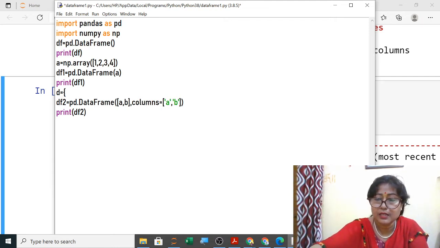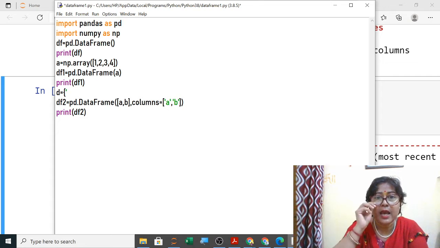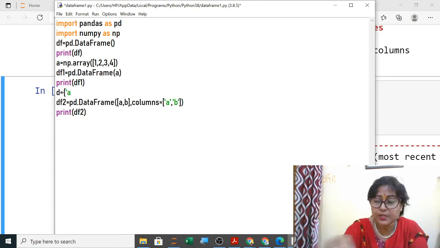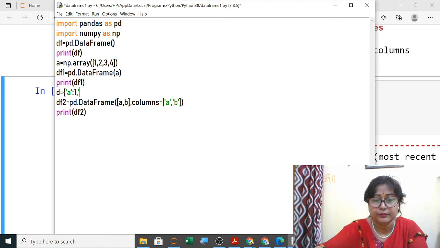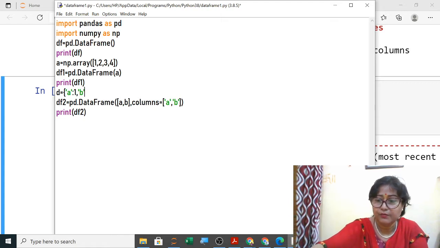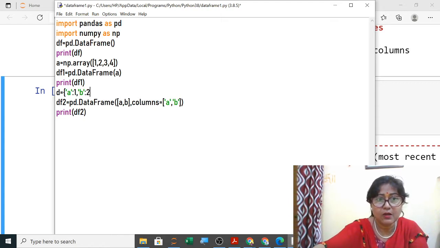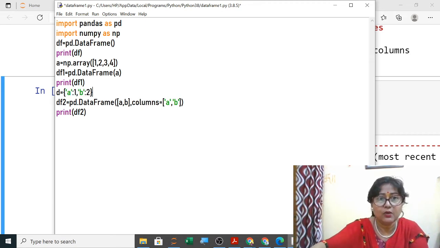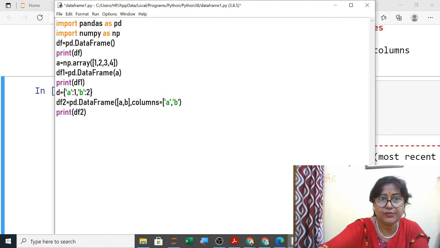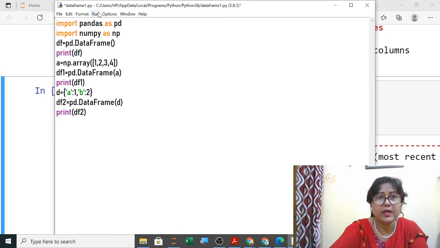In this, suppose A and B are the columns, so A colon 1 comma B. If you make a small mistake also, then it will not execute. So here I have given only one value, and the dictionary I will give here. Now execute it.